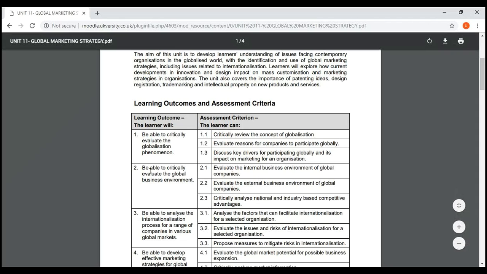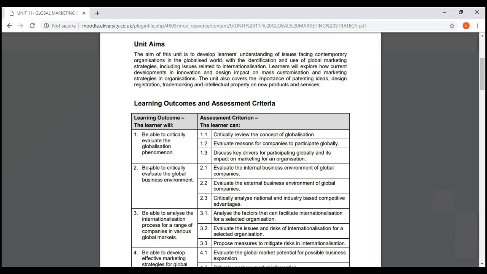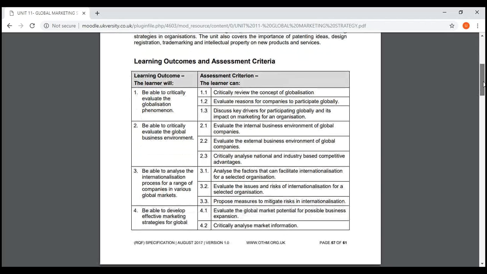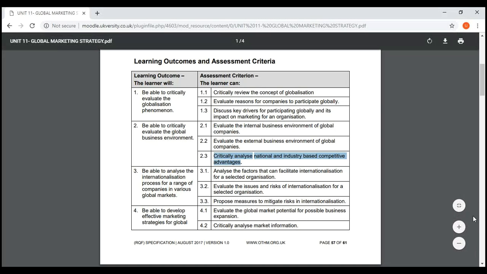Then in the second lesson, we discussed the internal and external environment, where I explained PEST and PESTLE forces: political, economic, social, and technological factors. We discussed SWOT analysis, where a company needs to look at strengths, weaknesses, opportunities, and threats. We discussed the national industry base critically, what is meant by competitive advantage, and Porter's generic competitive advantage strategies.